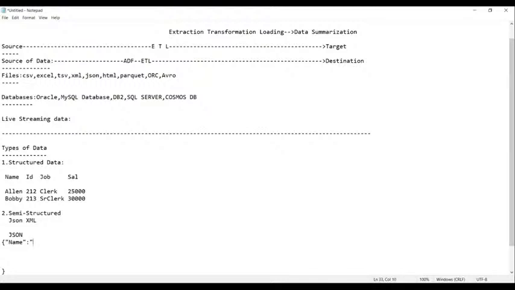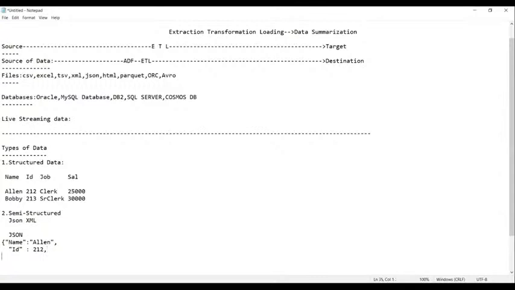Alan. Am I right, everyone? Now use a comma here. What's the next thing you have? ID. If you have an ID, it will be written like this. Then you have the ID, 212. As it is numeric data, it is not kept in double quotes.